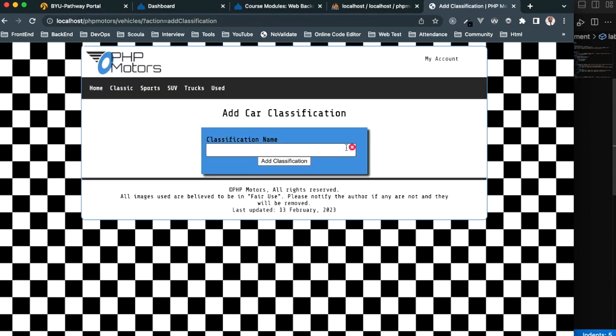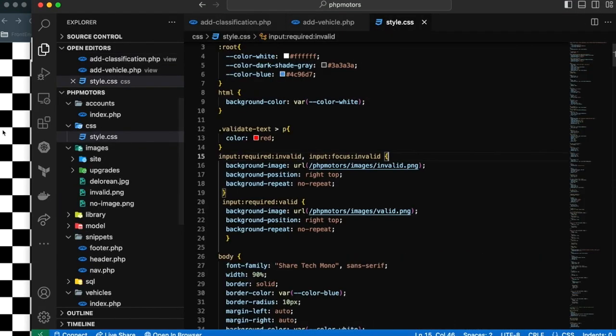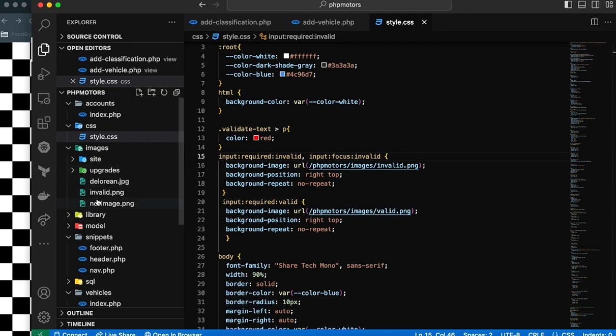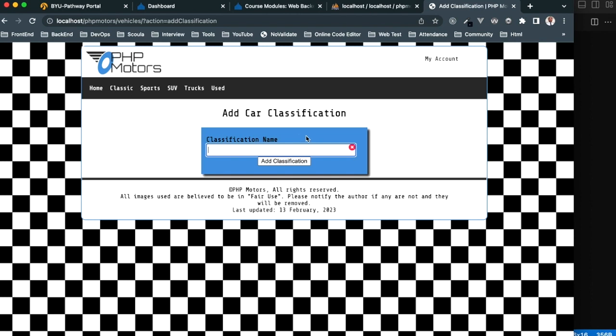Okay, now as you can see, a little icon here. If I type, it will leave. This is the one I was trying to identify. This is the image, and this is it here. Validation is just a little icon to show. And let's go back. If I type, it will leave. And if I don't have a feed, I press this, it will appear. This is the